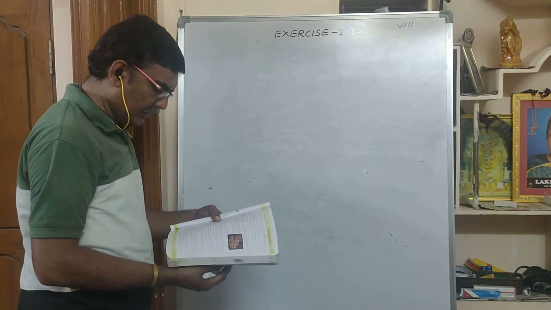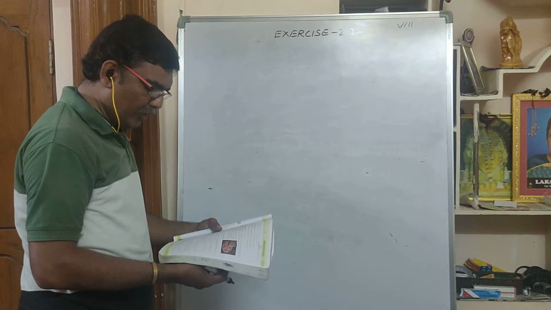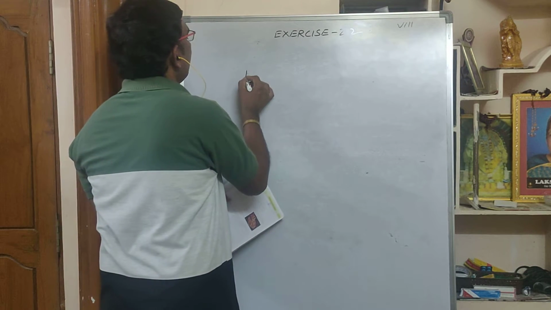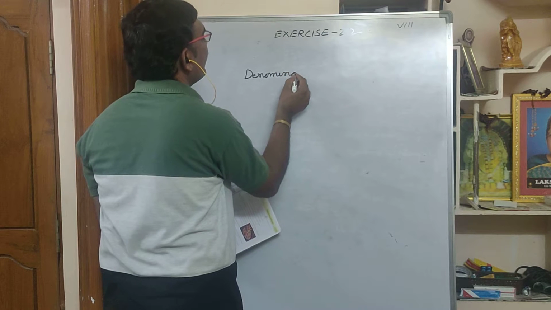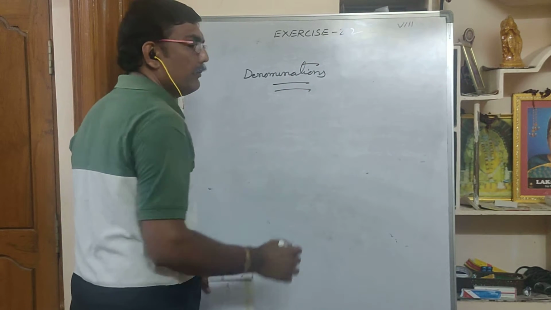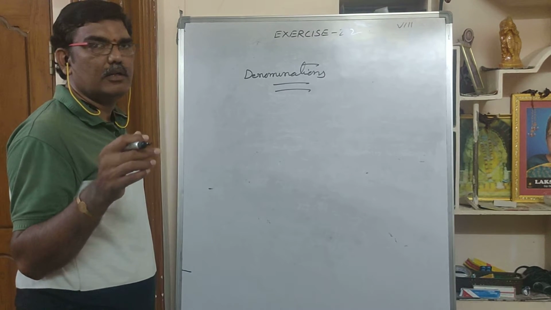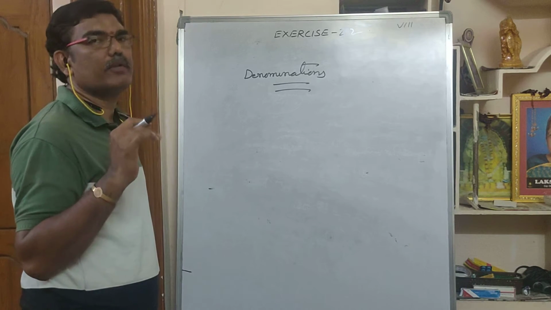14th question: a sum of 500 rupees is in the form of denominations of 5 rupees and 10 rupees. First, this word denomination is very, very important. Okay, what is denomination? It is very important. If you go along with your father to a bank, counting money is very, very important.